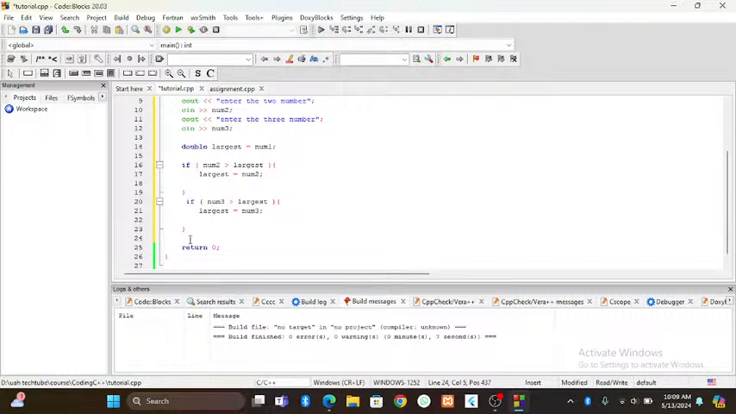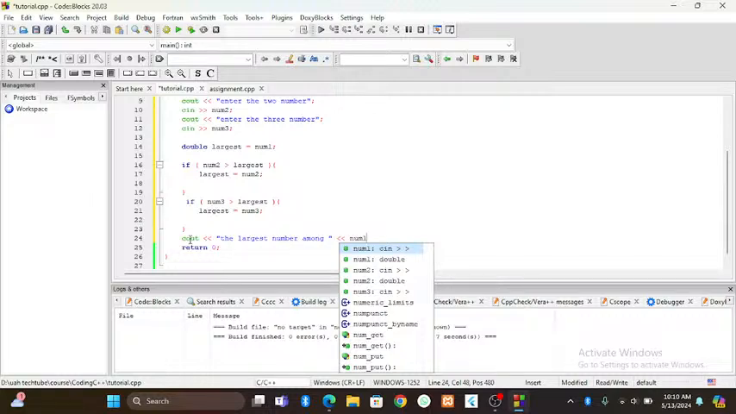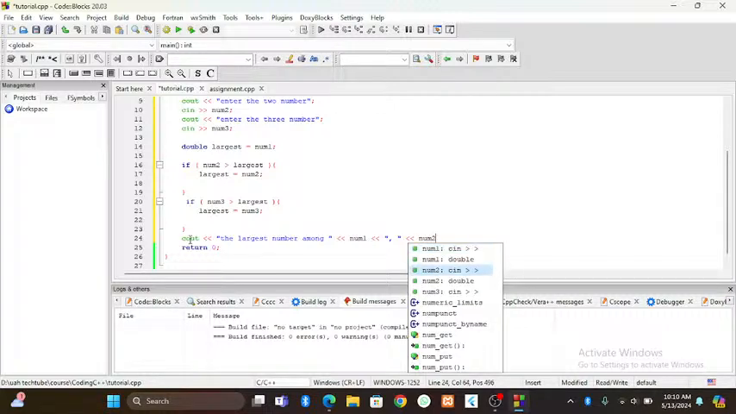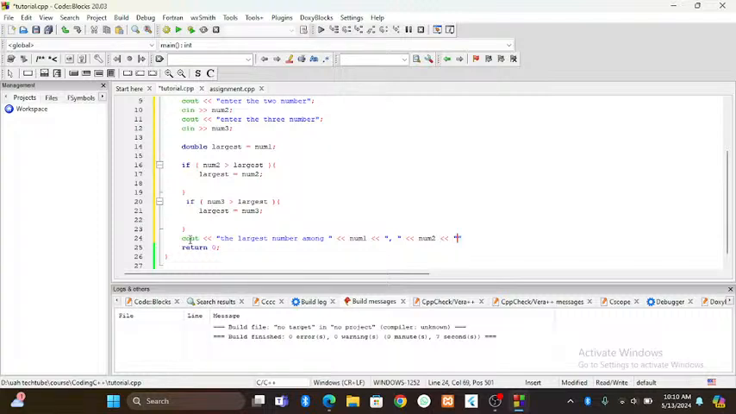Then next will be our print. Then cout, then the largest number among them, will be the less than num1, and less than will be the comma, then cout, comma, less than, then num2, then less than, cout, then comma,